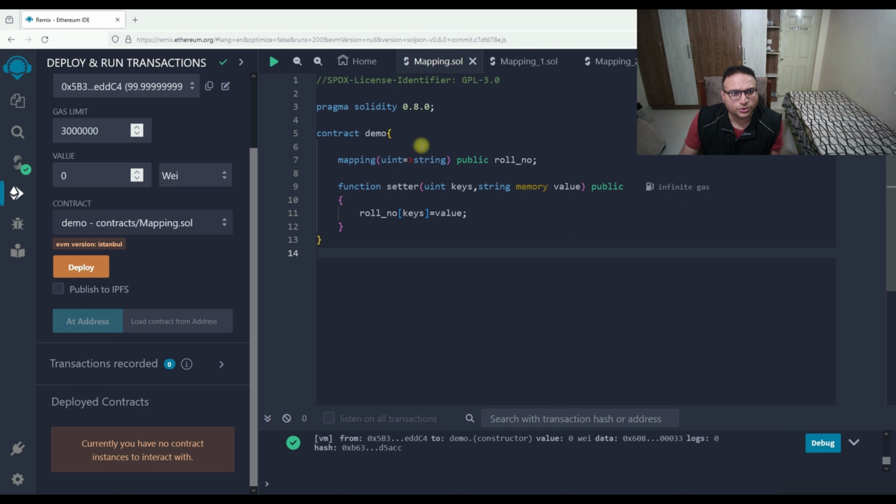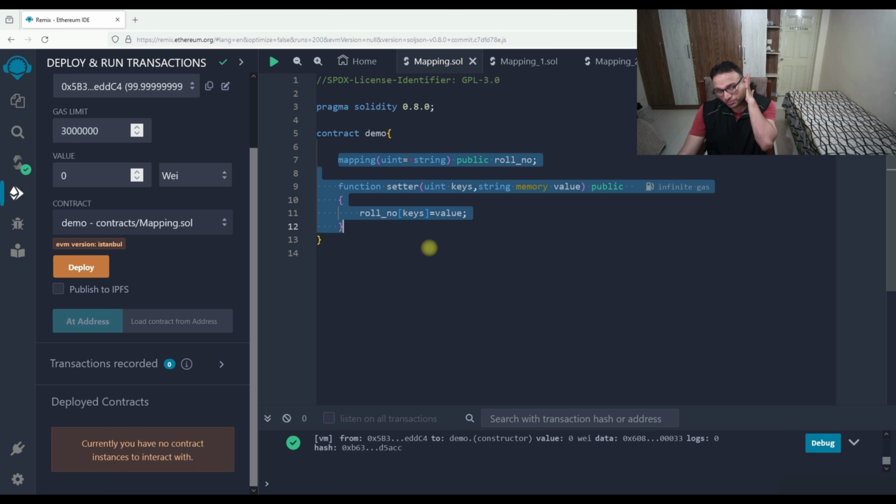As we discuss the code, this is the first code for mapping in Solidity. We're just talking about the syntax. This is the same straightforward syntax we used in the previous code, and this is the name of the contract. Now this is the actual code which we have to define. This is a simple mapping smart contract I have built, and in this, mapping is the keyword which we have to use. Here we have to define